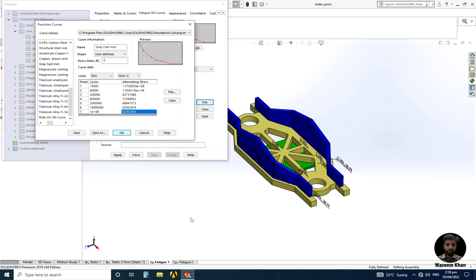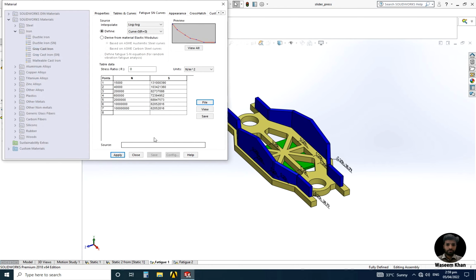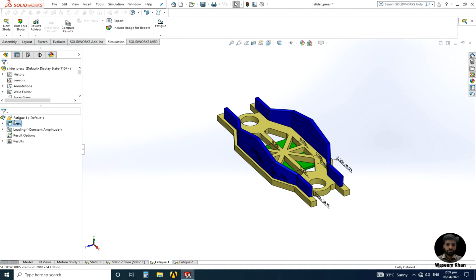So you have to click OK, cancel, and there the SN curve will appear. Now apply this SN curve and it will automatically insert the SN curve of the cast iron for various stress